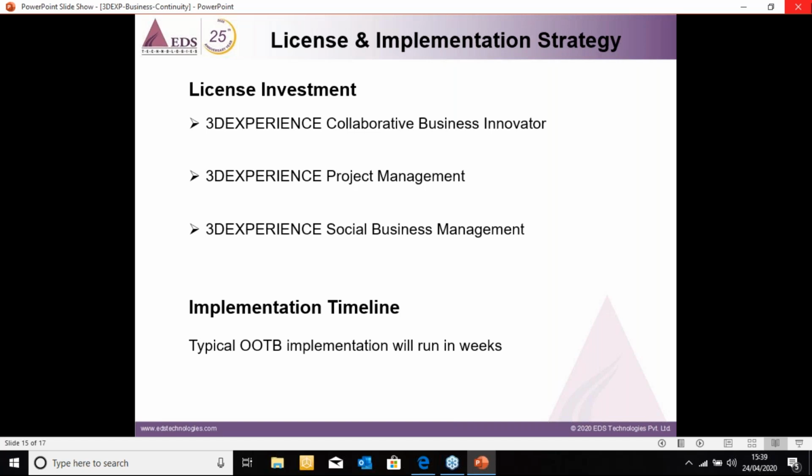And then the implementation timeline. As everything is available out of the box, and it is a cloud-based solution, it is readily available for you with all the out of the box functionalities and features. But if there is something additional that you need to be incorporated on top of the existing package, yes, it just takes a few weeks, maybe a couple of weeks, or 2-3 weeks, and not months. That is the advantage of this particular solution that I would like to stress upon.